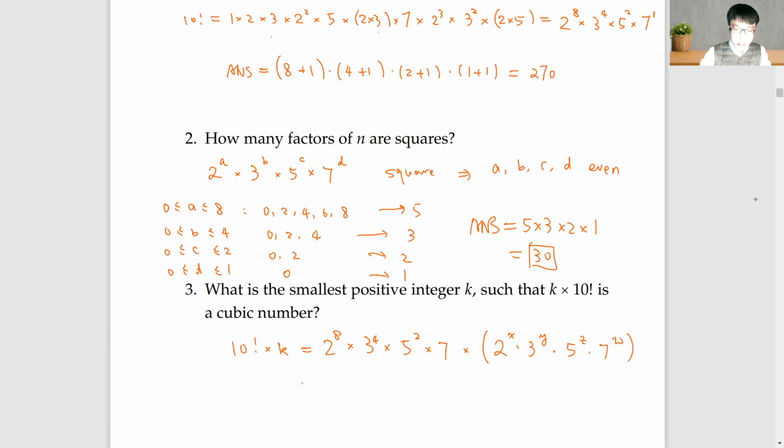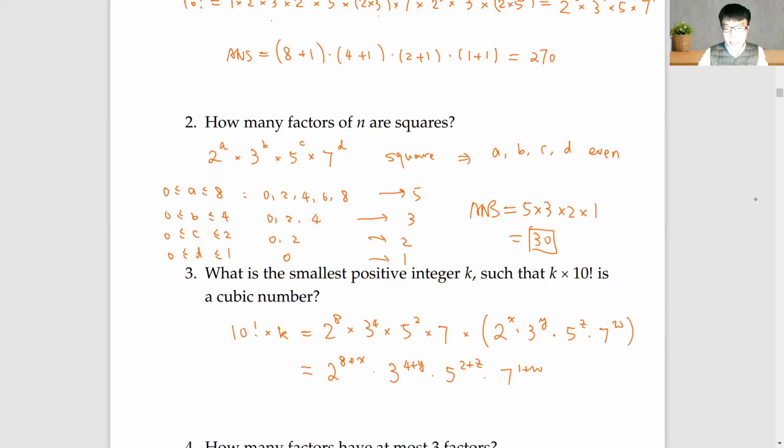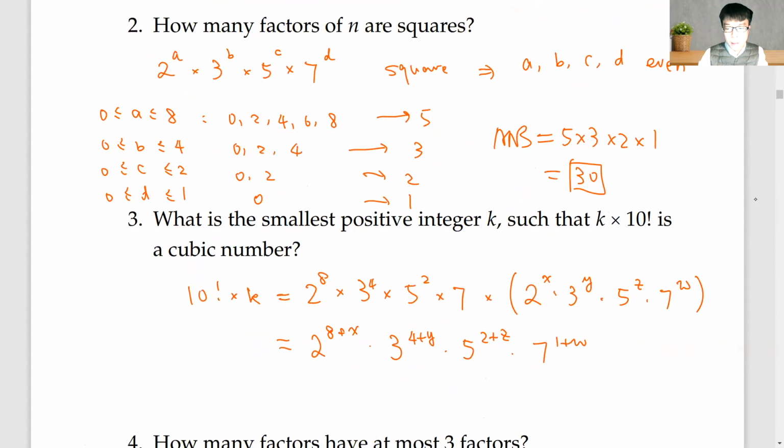Okay, now we can combine it. So we want k to be as small as possible, so we don't consider other prime factors. So we have 2, the exponent is a plus x, and 3 is 4 plus y, and 5 is 2 plus z, 7 is 1 plus w. Okay. Now every exponent here should be divisible by